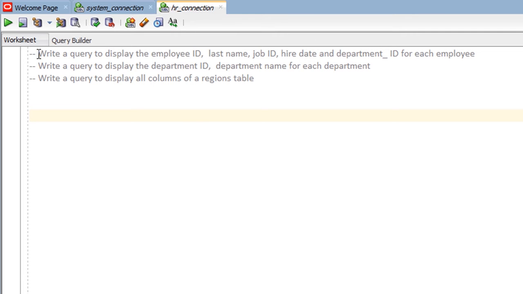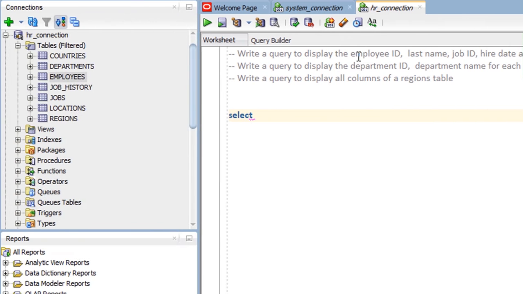The first one, write a query to display the employee ID, last name, job ID, hire date, and department ID for each employee. So you can type select. Oracle SQL commands are case insensitive, so you can put select in small letter or you can write it in capital letter, doesn't matter. Select, if you don't memorize the column list in the employees table, we can go here